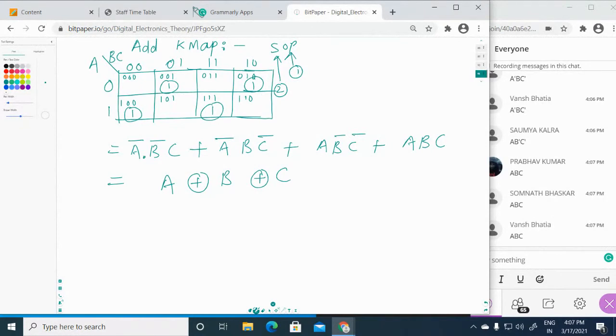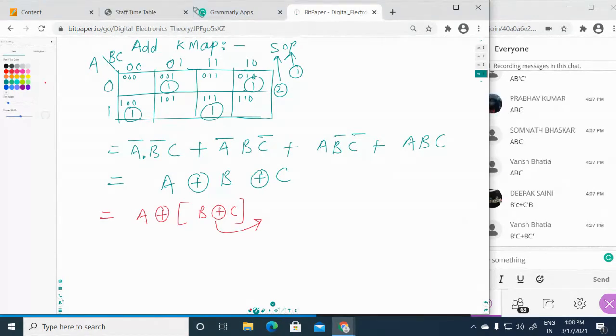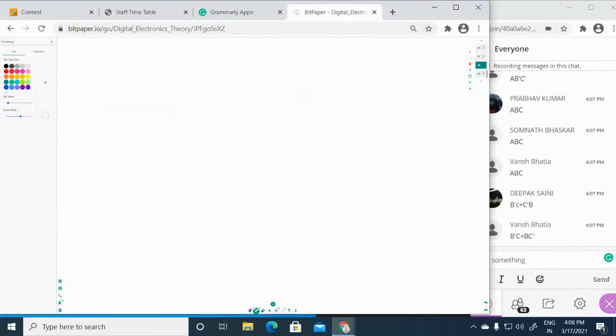All of you, are you able to understand this? And how you can convert this XOR operation? You can see this XOR can be converted as A XOR with B XOR with C. How can you represent this XOR operation? Quickly write it. If you want to solve this, you can solve it. Otherwise, this is your final answer. We can solve it in the next slide. It will use the full page.